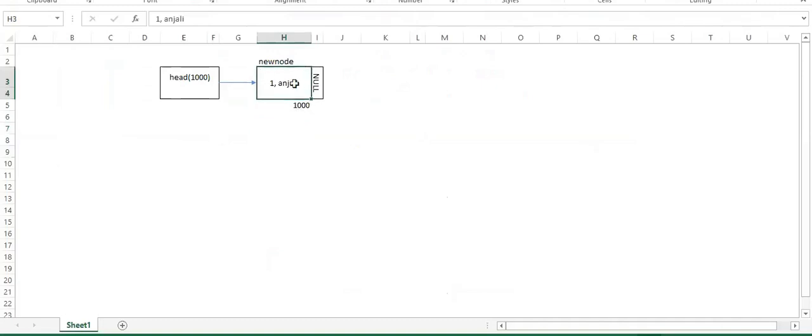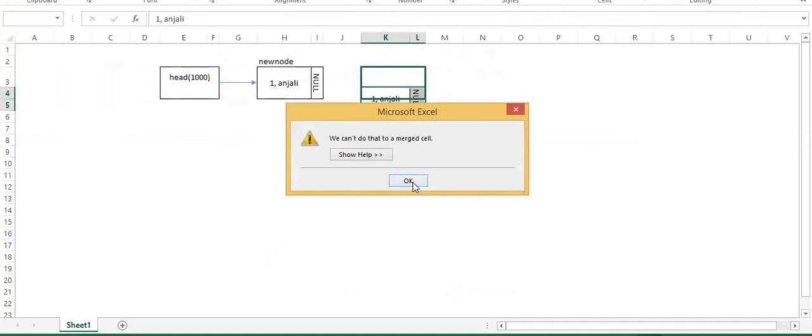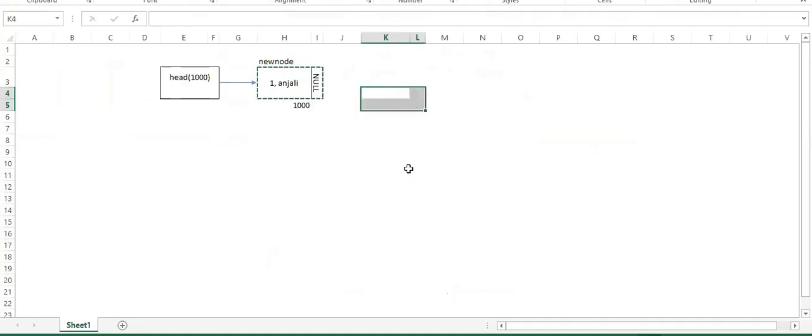So I will just copy this, paste it here. So this is a new node that we have created.